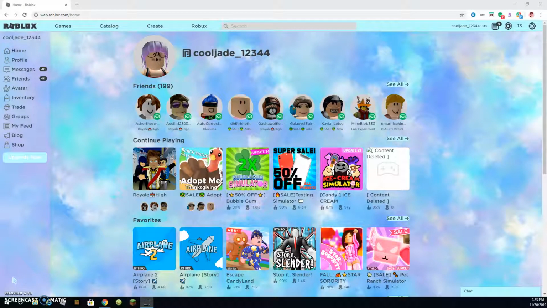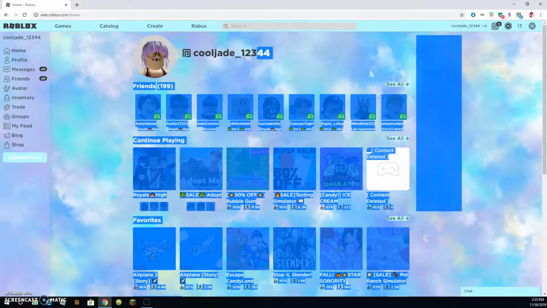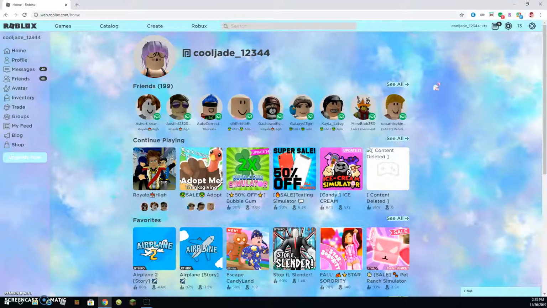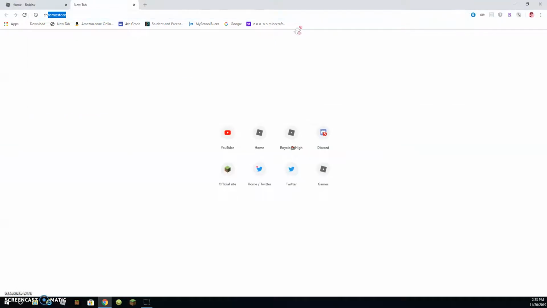Okay, so I will be showing you how to get this Roblox background. It also comes with its own mouse too. So yeah, first search Chrome